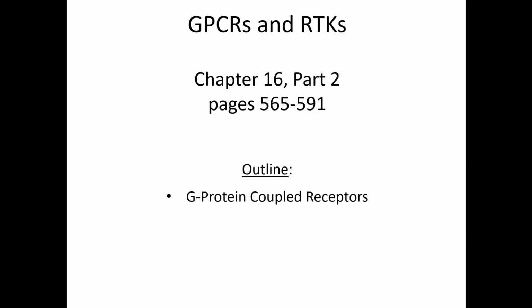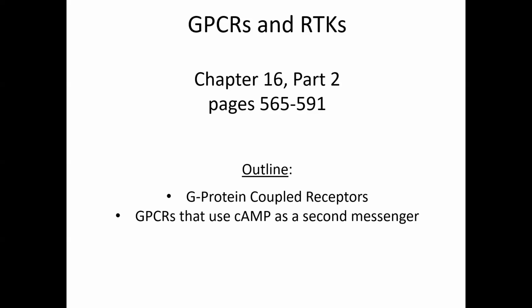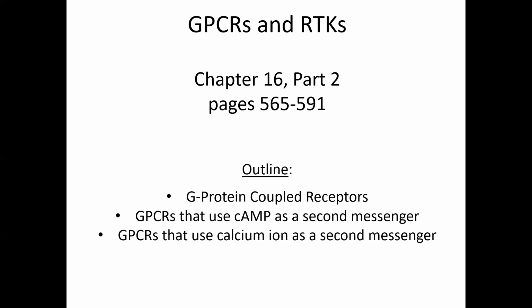So last video was very conceptual, and this video is going to be much more practical, talk about how this happens at the cellular level. So we're going to start off with GPCRs or G protein coupled receptors and talk about how they transduce signals into the cell. That's going to bring us to second messengers. We're going to talk about two different stories of G protein coupled receptor second messengers, cyclic AMP as well as